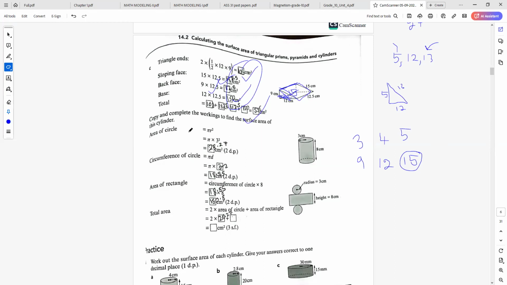Now, area of a circle is equal to pi r squared, because we have two circular faces. So here,